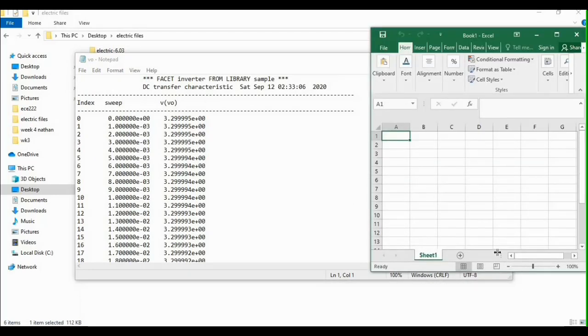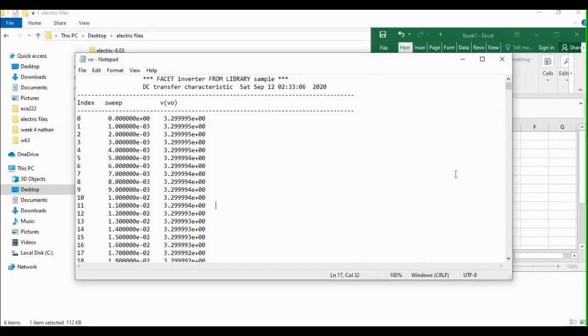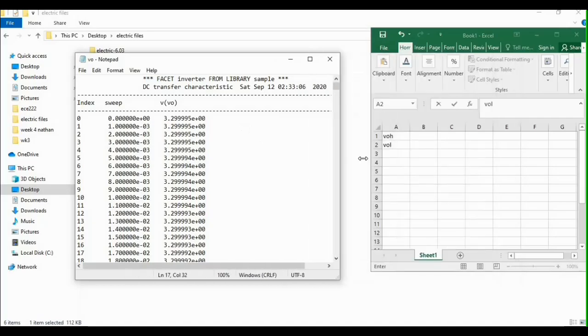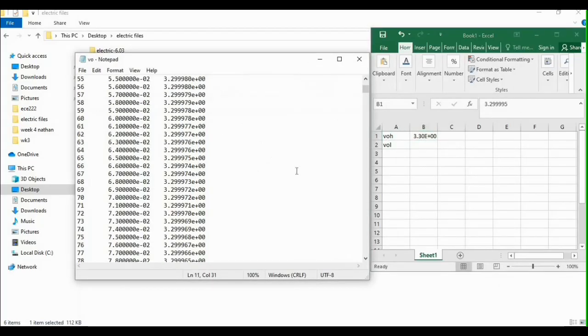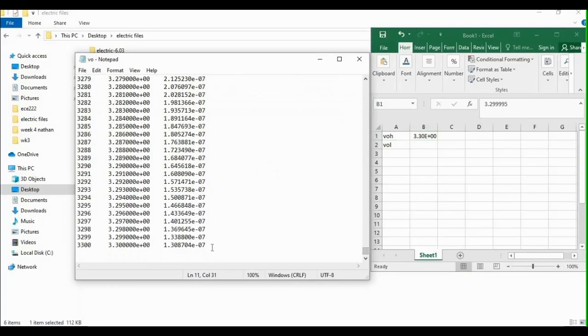So this will be VOH, VOL. So this is our highest value. Just copy, paste it, and for the lowest value, it will be approximately here. Okay. So there might be some small discrepancies in the values. Nonetheless, just get the highest and the lowest value.